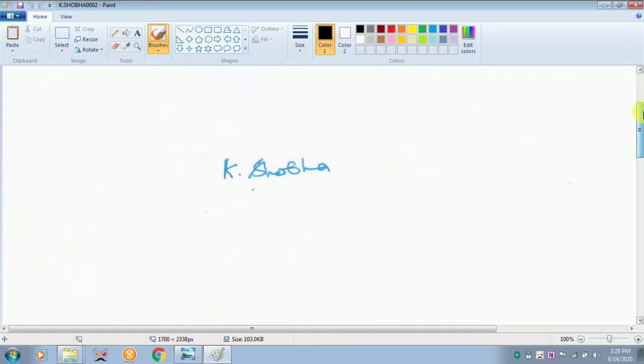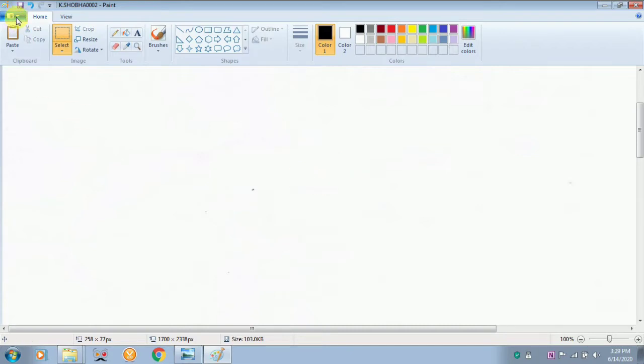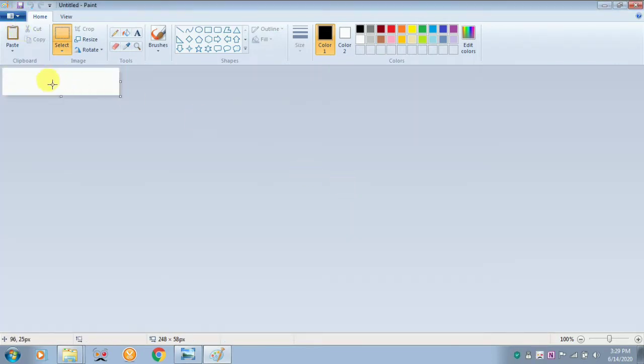and just scroll it down. Later, select. You can draw a box over the sign. Once this is done, with the help of the right tab, cut it and move on to this icon and click new. You need not save it and just paste it over here. You can minimize it by pulling it up and you can reduce the size.